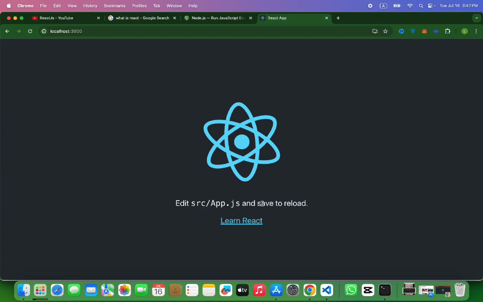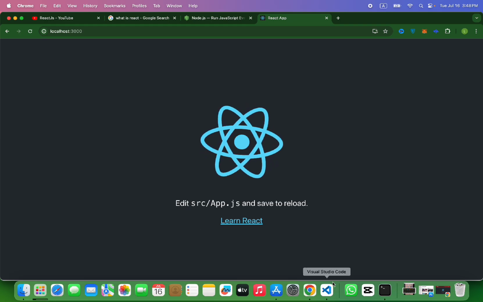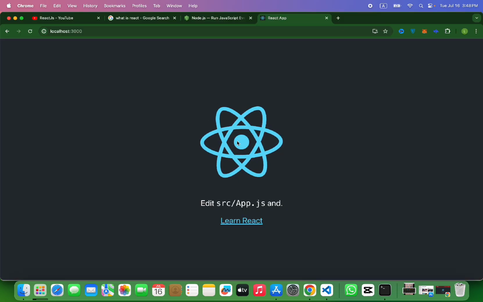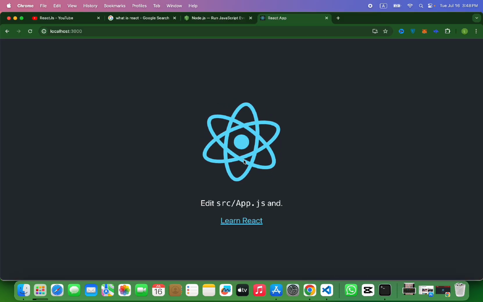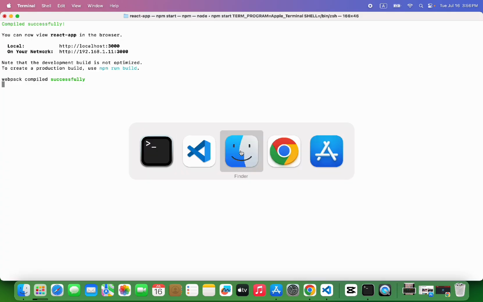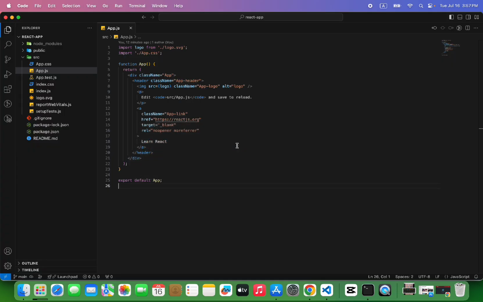You can see our React app has started, and if we add code here, it updates in real time. So guys, our React app is running, and this is the App.js.